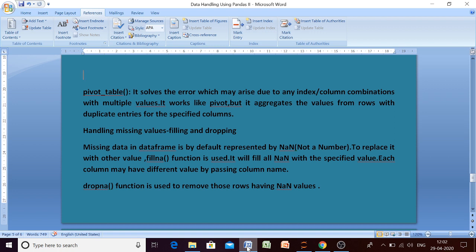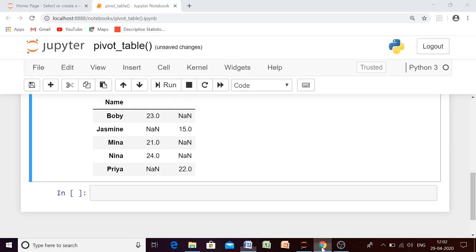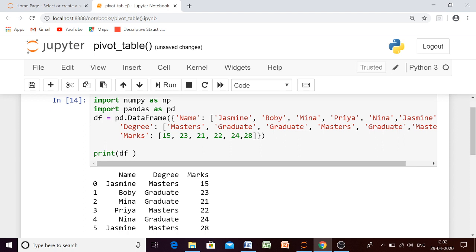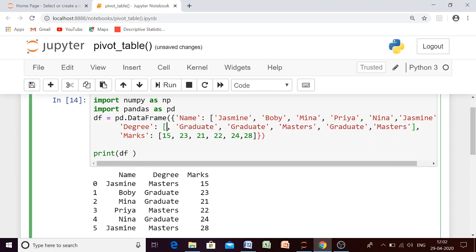Okay, now come back to here. We have already done that. Now, handling missing values, filling and dropping. What are missing values? For example, let me first create some missing values, then it will be easier for you to understand. If you want to make some value missing, you have to write np.nan. This nan comes from the numpy module, and suppose I want to miss one more value here.